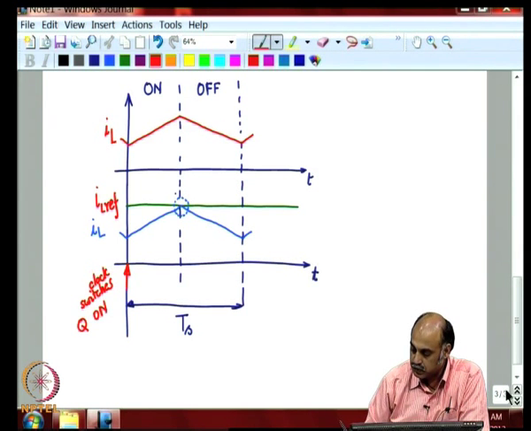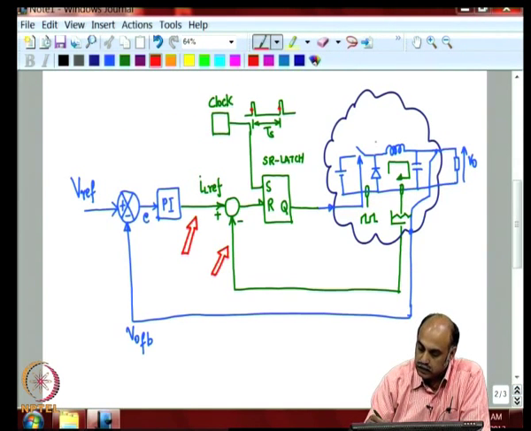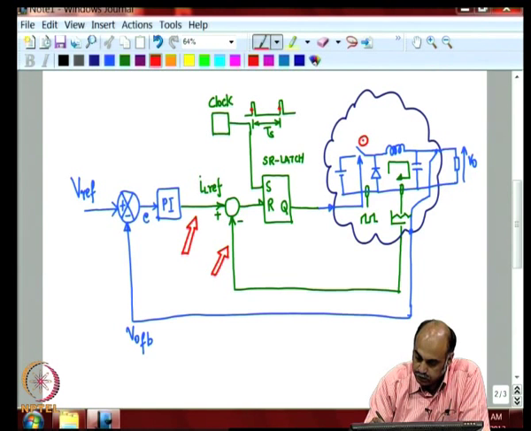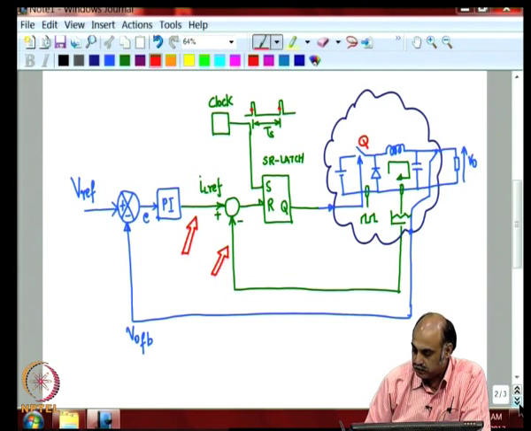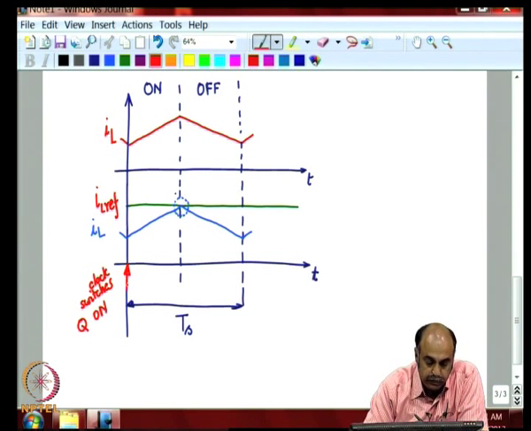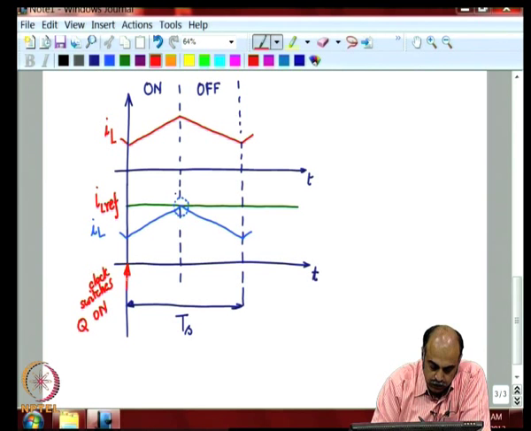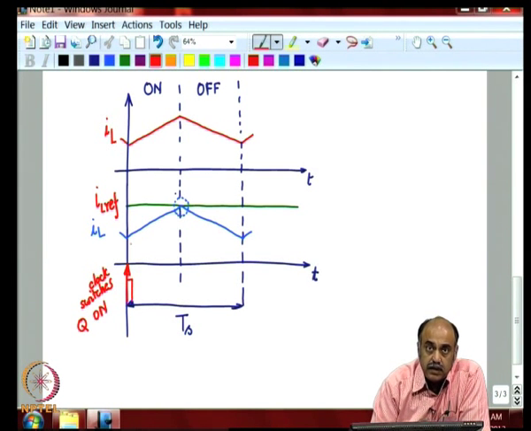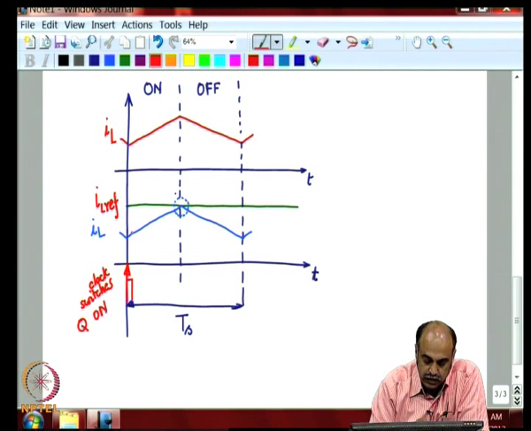And what is transistor Q? This is our transistor Q, the power semiconductor switch. So, every cycle the clock appears here. The clock is a nice pulse, and then once the SR latch is switched,